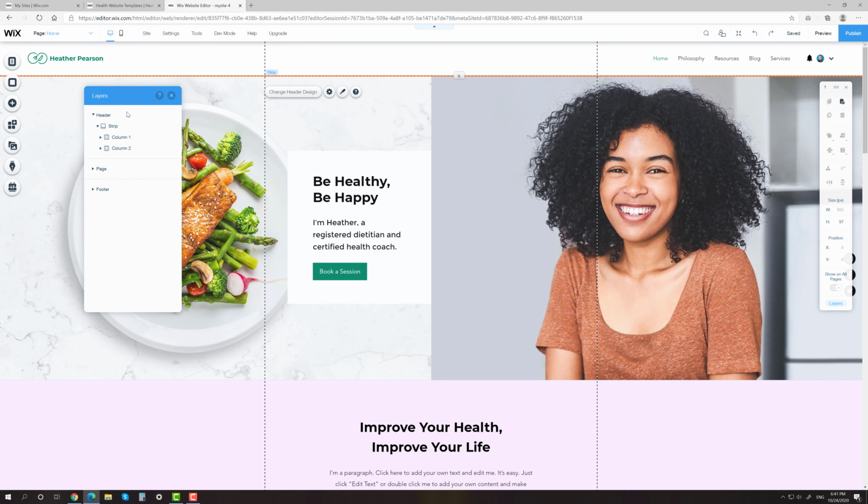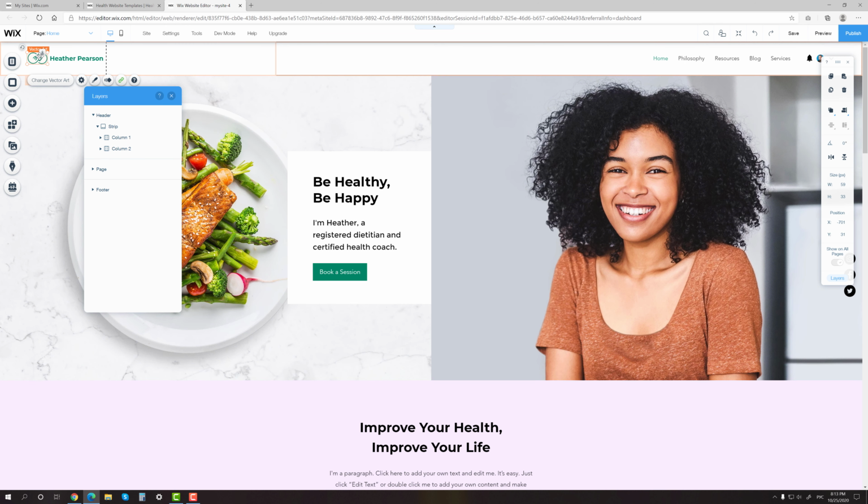Let's move on to the logo now. You can see that the default logo consists of some vector art and the text. You can replace the image or text with your own as well as delete them altogether. By the way, Wix has a huge database of ready-made vector graphics, so if you don't have your own logo right now, you can choose one among them. To change the size of the logo as well as any element on the page, just pull its edges. Also, you can drag it wherever you want.